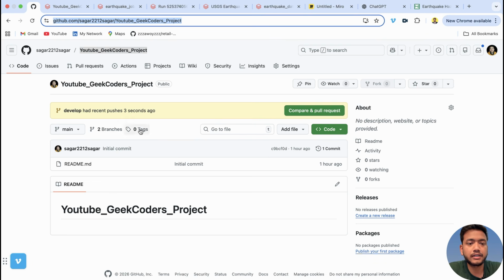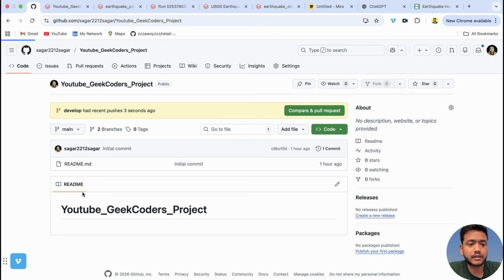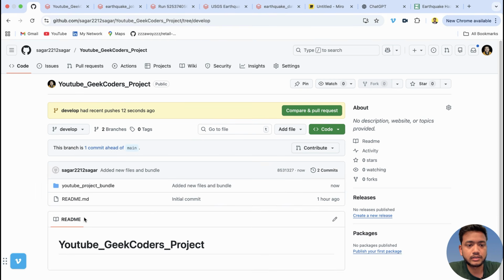Now if you see here, this is develop, and you will see all the code present here. Since I don't have a production environment,